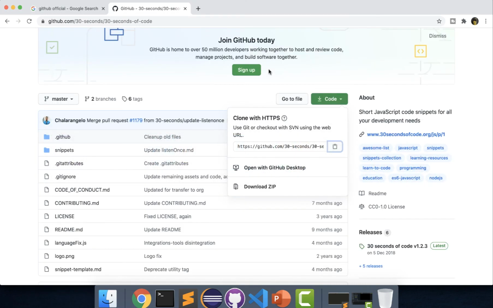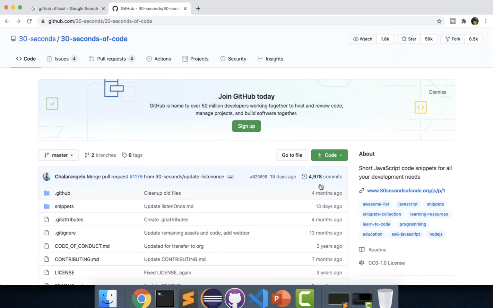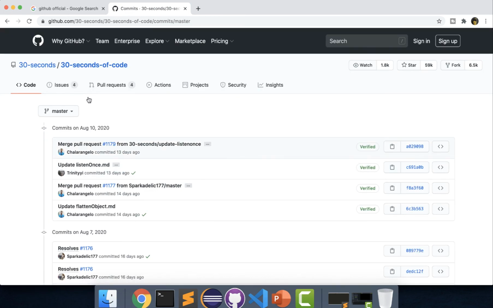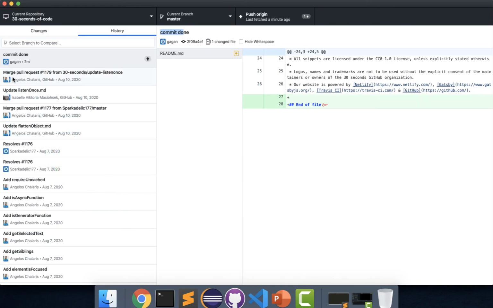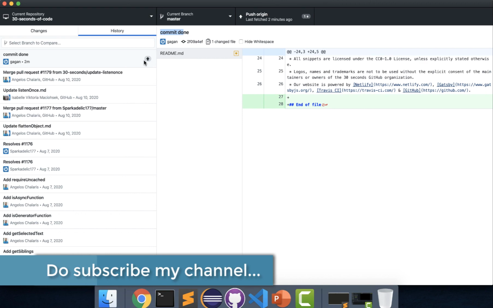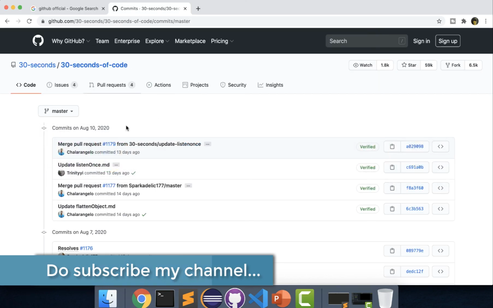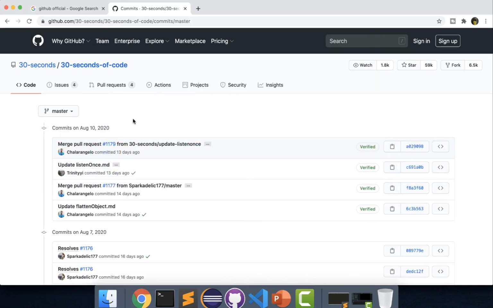If I go back and click on this commit link over here, it will take you to the number of commits that have been done. If I go back here, you can see this is the same thing coming over here. So the change has been committed to our Git local repository, but it has not been pushed to the central repository. We'll see how to push it to the central repository in the upcoming videos, so just ignore it as of now. So that's it: how to make changes in your local and commit them.